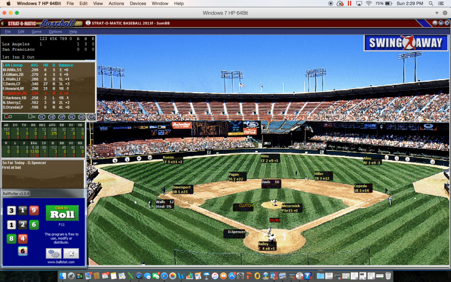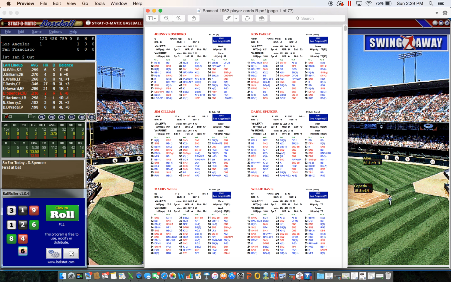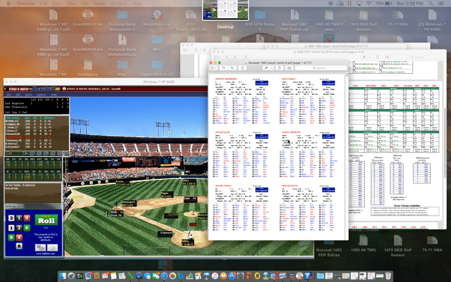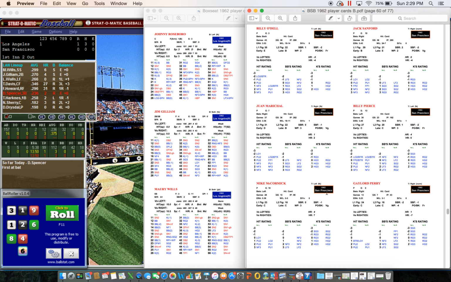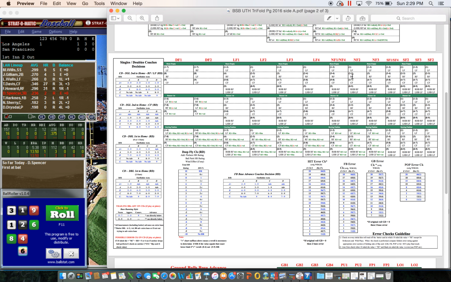Here's his card. We roll 31-9. 31 is a walk 1. We go back to McCormick's card. Walk 1. Spencer's a right-handed batter. It's a normal fly 2. Normal fly 2 against